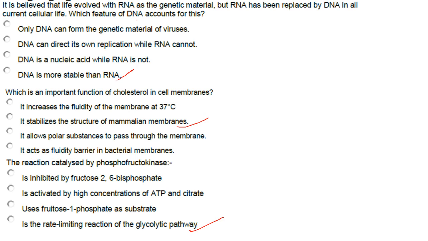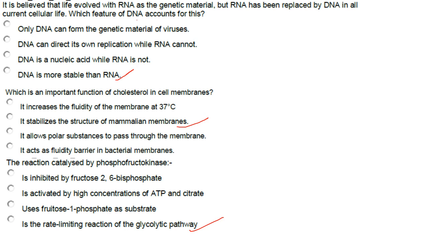Then, which is an important function of cholesterol in cell membrane? Now, cholesterol stabilizes the structure of mammalian membranes. Then, reaction catalyzed by phosphofructokinase. Now, phosphofructokinase catalyzes the ATP-dependent phosphorylation to convert fructose 6-phosphate into fructose